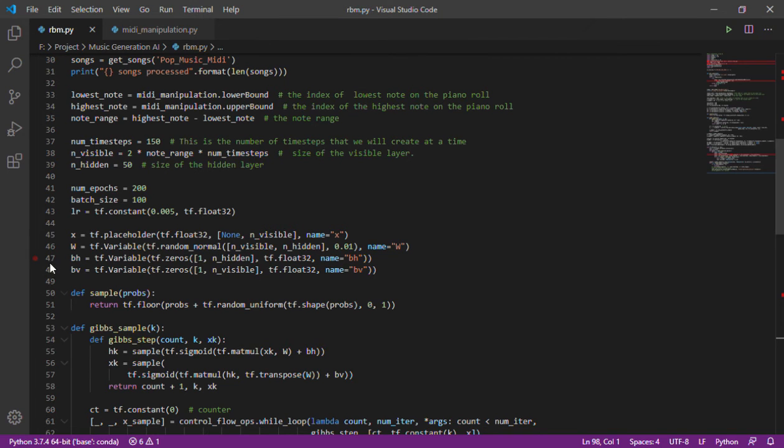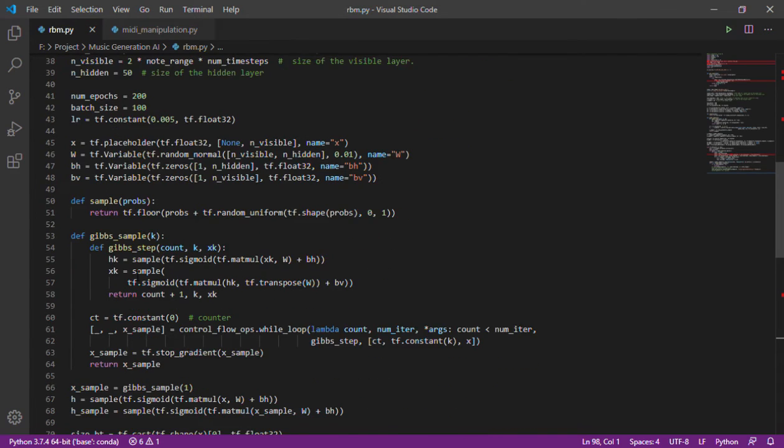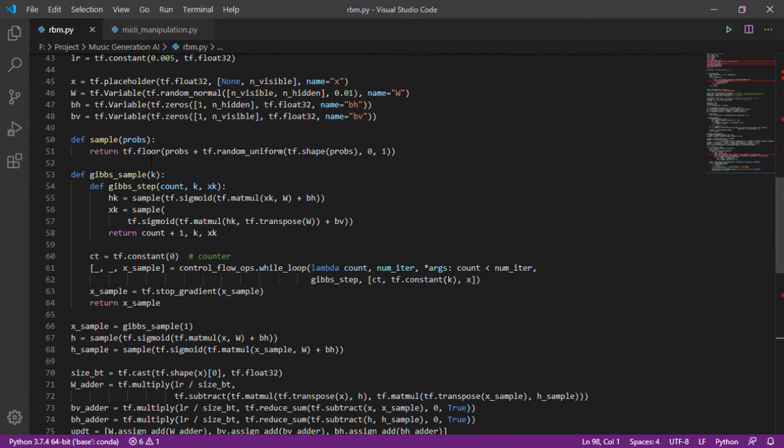Then this W variable holds the weights. Now I have defined two bias vectors which we will be using in the probabilistic function that I talked about earlier. Now I have created this sample function. This is just a helper function, as we will see going forward.